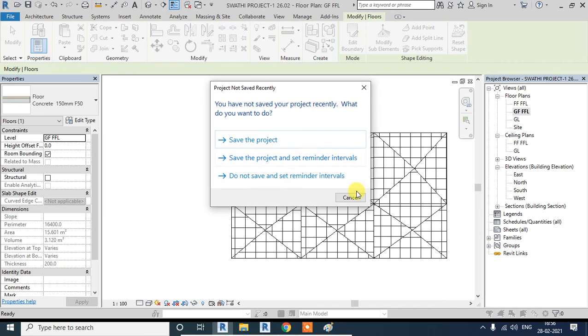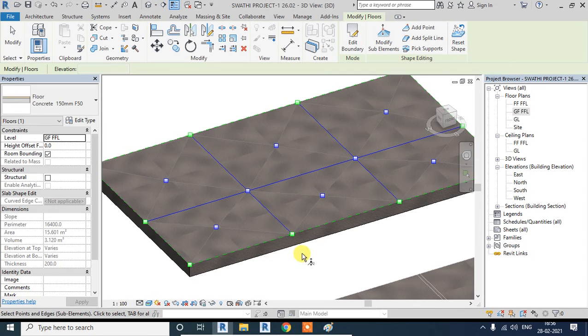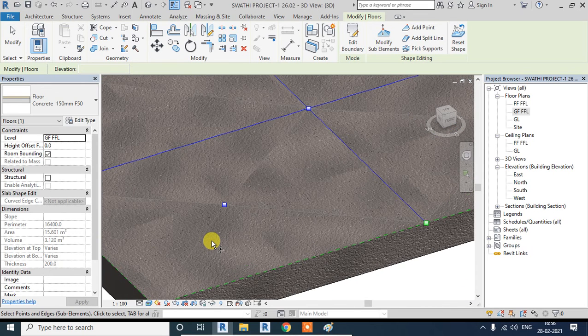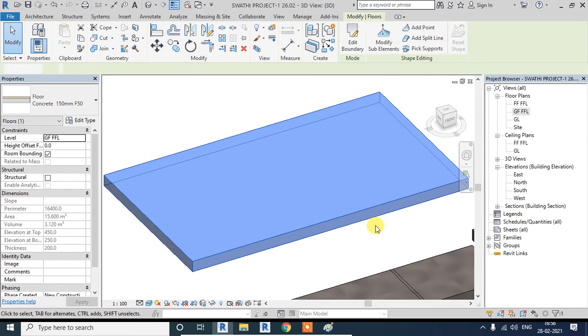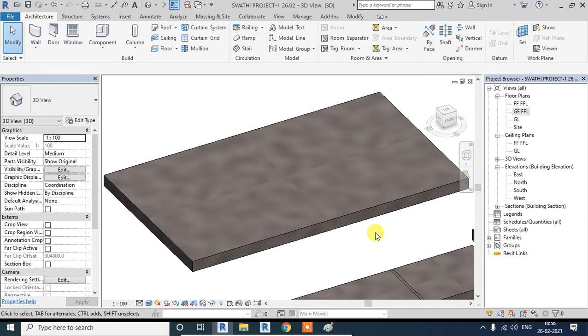Of course, you don't do that to the slab, as you were saying. You will put another layer of floor on this, a thinner layer, and then do it to that. So you have followed the purpose of the sub elements, right? Now if I don't want it, I can simply click on reset shape at any time and it will be restored.